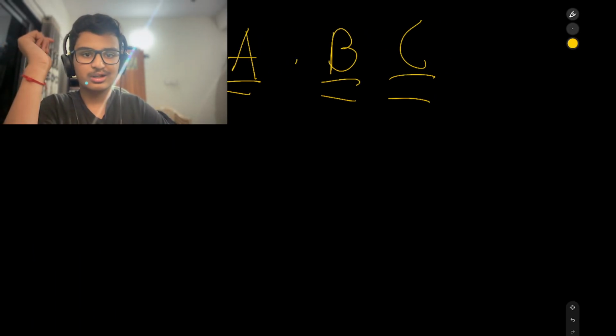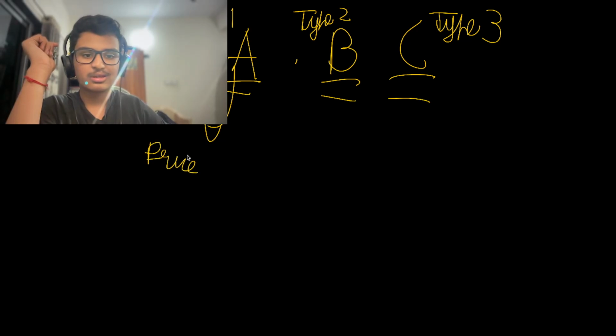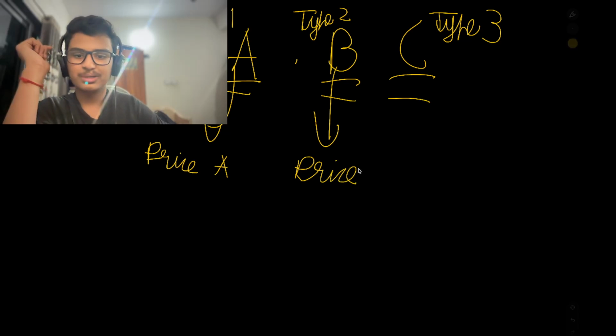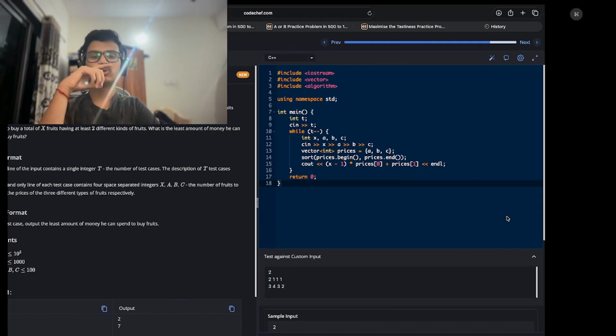So these are type 1, type 2, type 3. And these are the prices. So these are price A, price B, and price C. So what our purpose is going to be here is we need to find out the lowest